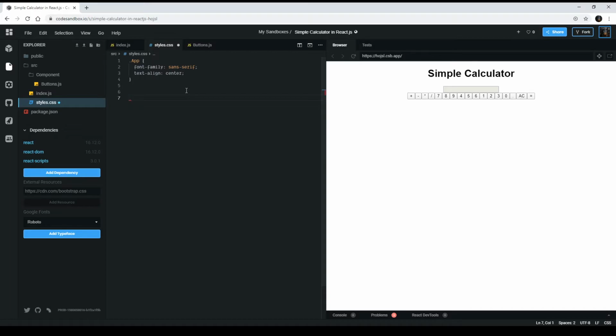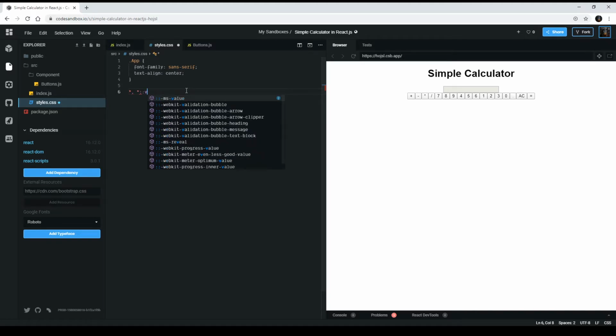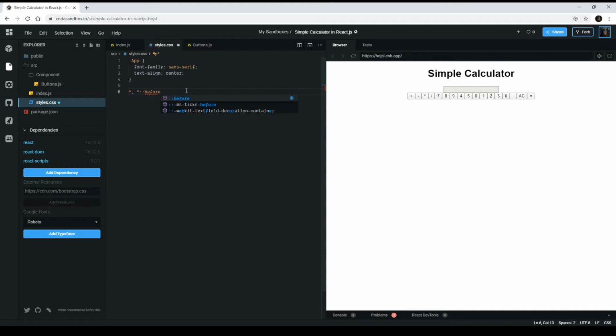Where is the star? Little star. It's kind of annoying because I have a keyboard with another layout, and they use a US layout, so it's more like a guess. Oh, I found it. So let's use the universal selector, and after that we're gonna use before on the universal selector,